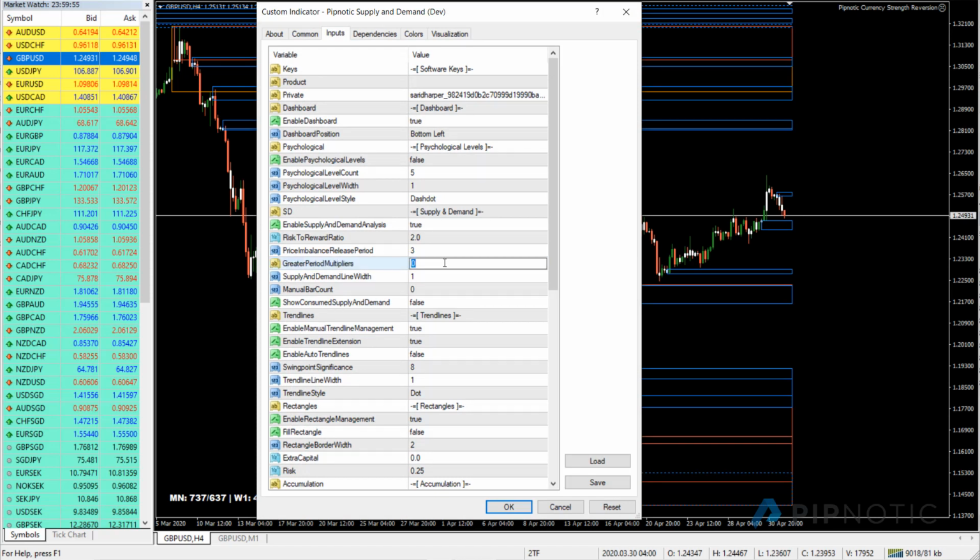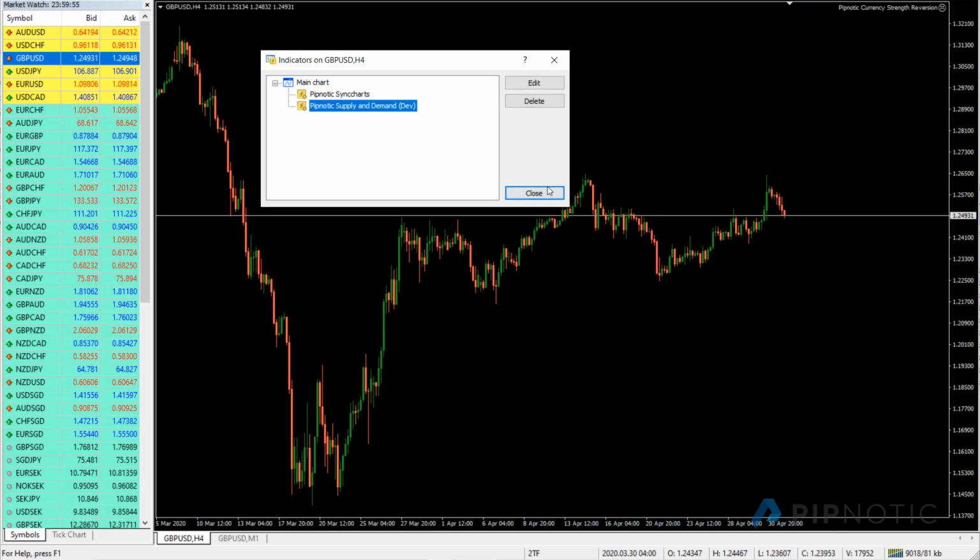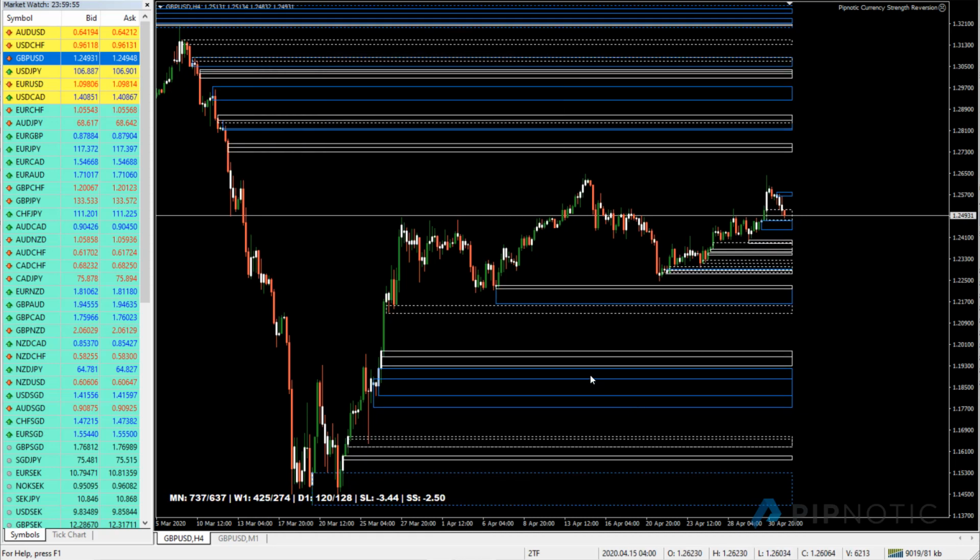There's another really sweet little hack that we have available, and that is that you can also put negative numbers. So let's assume that I like to see 4-hour areas, but I'd like to see the micro areas as well that are nested within. So then you can put -1. So we want to go to a time frame -1. Okay, so if you go like that and you hit OK, then you're going to see all these micro areas